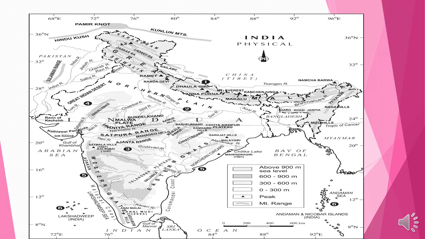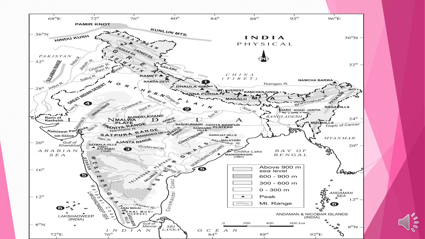And after that, the northern plain is formed by many Himalayan rivers. When many rivers come from the Himalaya, like Ganga, Indus, and Brahmaputra, they form the northern plain area because they carry sand and silt, and when sand and silt accumulate in one place, they form a plain area. It is called the northern plain area, and it is very fertile. Below the Shivalik range, it includes Punjab, Haryana, UP, Bihar, Jharkhand, West Bengal. This is the northern plain area and very fertile.